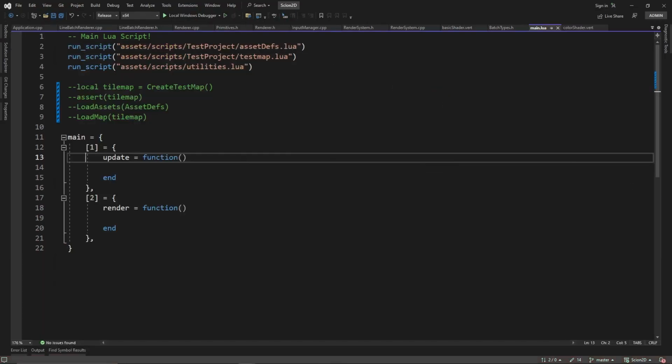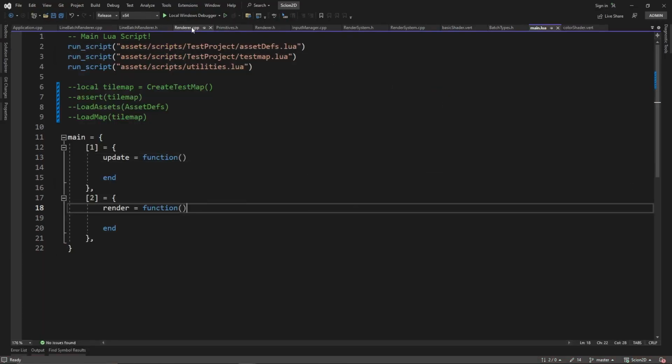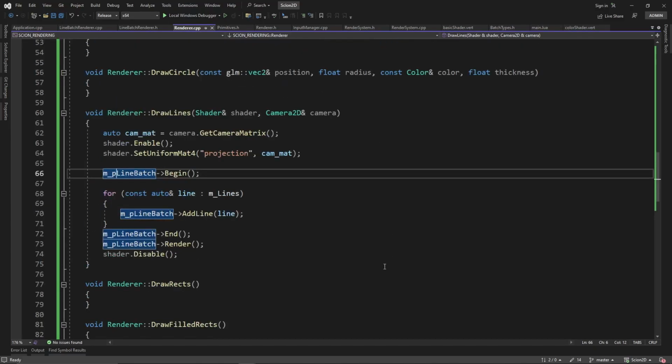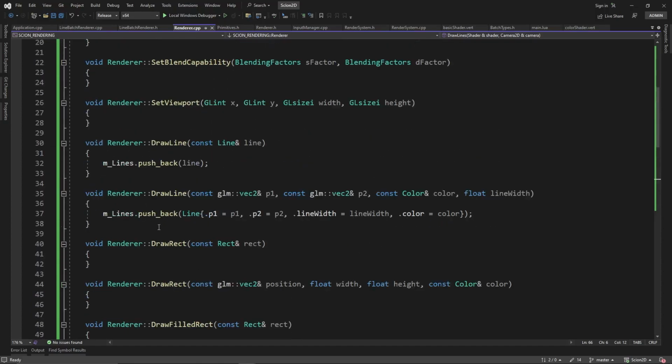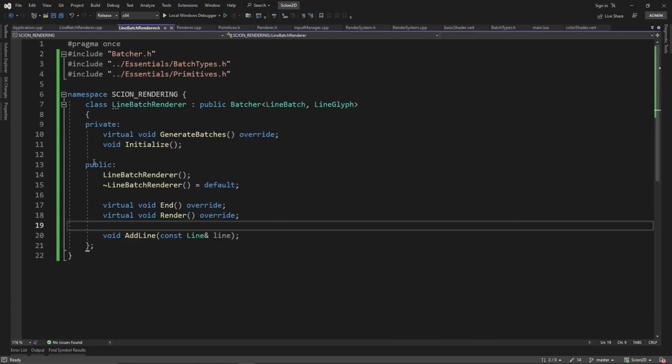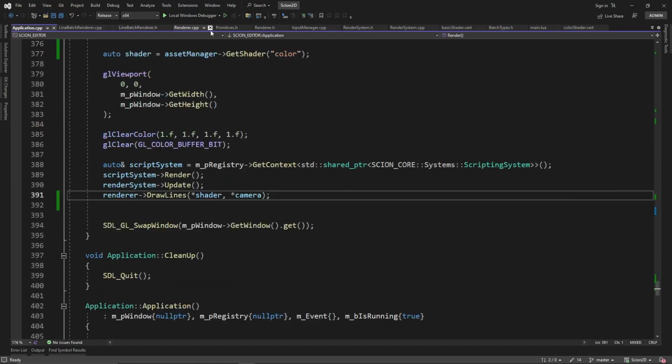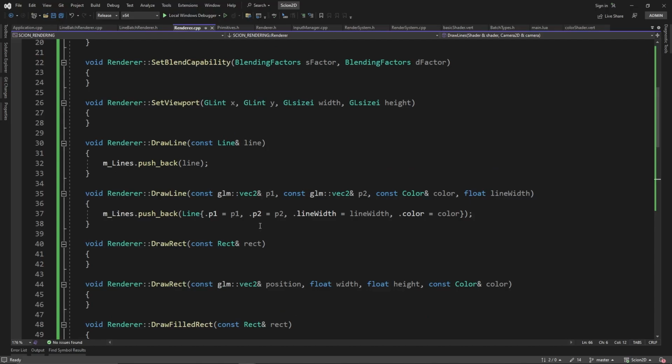Okay. All right, so that's enough for this video. This video is taking a long time to do. It's been about almost an hour, so probably about 45 minutes after I'm done editing. Now that you know how to draw a line and we got our batch renderer and we've gone through how to create a new batch renderer here, why don't you look at the renderer functions here and try to fill